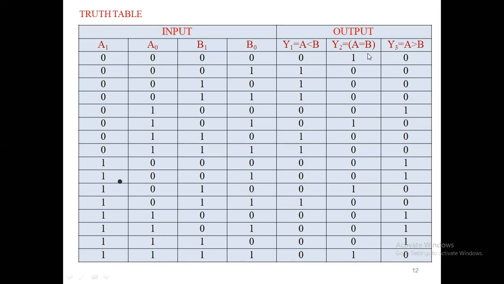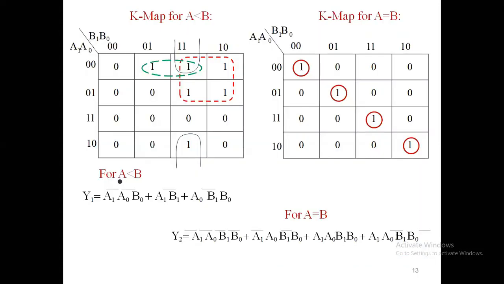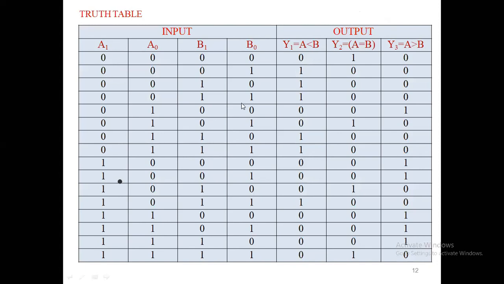Then finally we draw the truth table. From the truth table we draw the Boolean expression using the K map. How many variables will the K map require? 2 into n is 2 into 2, that is a 4 variable K map. So we have to draw the 4 variable K map. For y1, where are the ones? 1, 2, 3, next 6, 7, next 11. In these places we place ones.